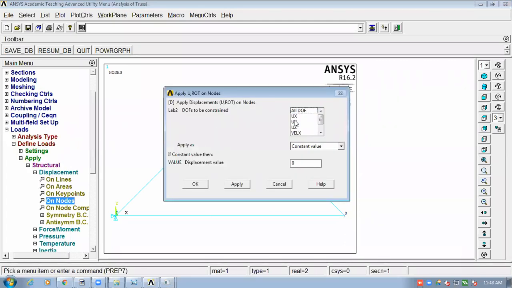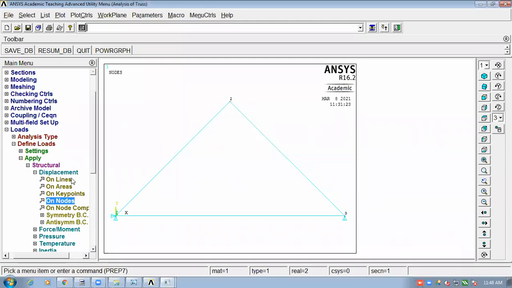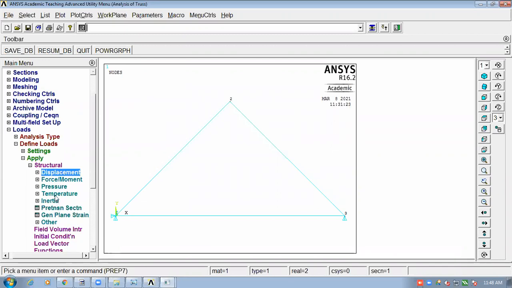I selected this UI and I set it to 0, right? I'll say okay. So have you understood this one or not? Let me know. Each of you, have you understood? Yes, sir.